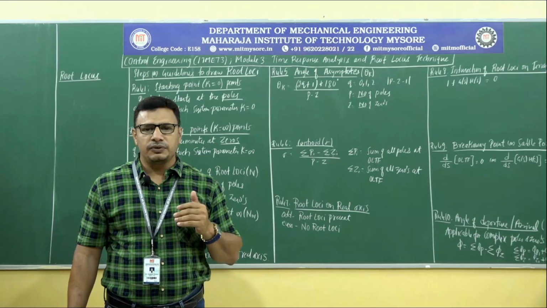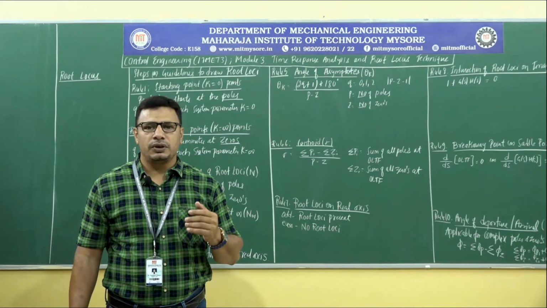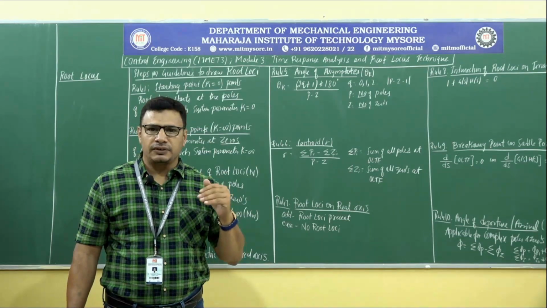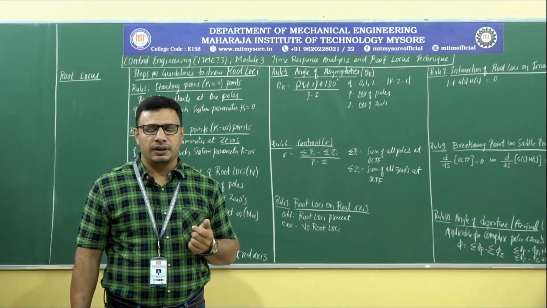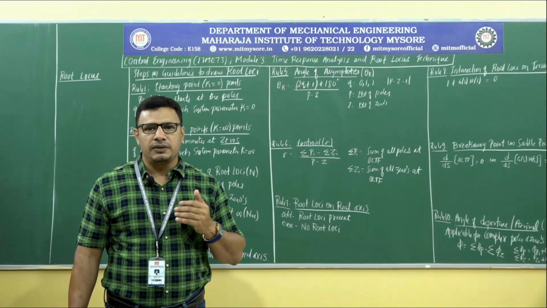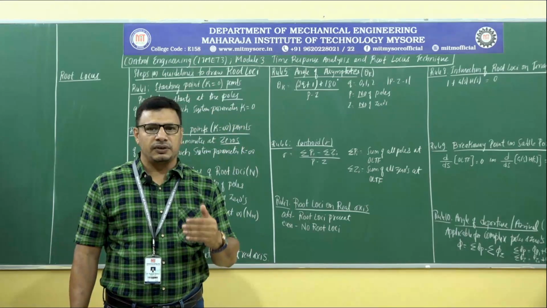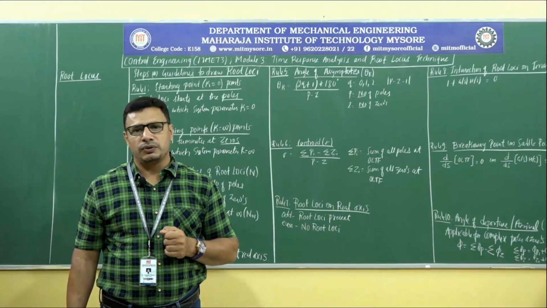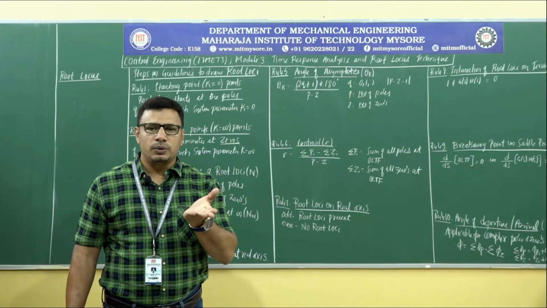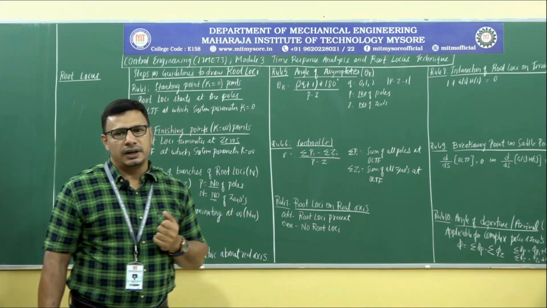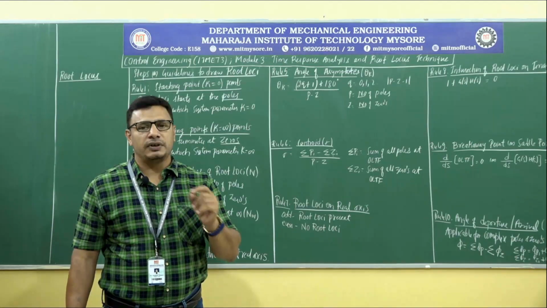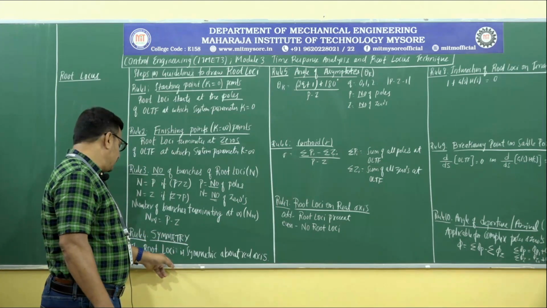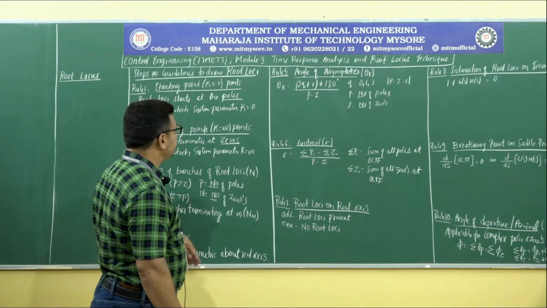Very normally the root loci will be traveling in pairs in the opposite direction. If all the poles and zeros lie on the real axis, then if there is a branch of root loci going above the real axis, on the opposite side one more branch of root loci will be passing through. So the root loci will be symmetric about the real axis if all the poles and zeros lie on the real axis. That is what is said in rule number 4, that is symmetry.